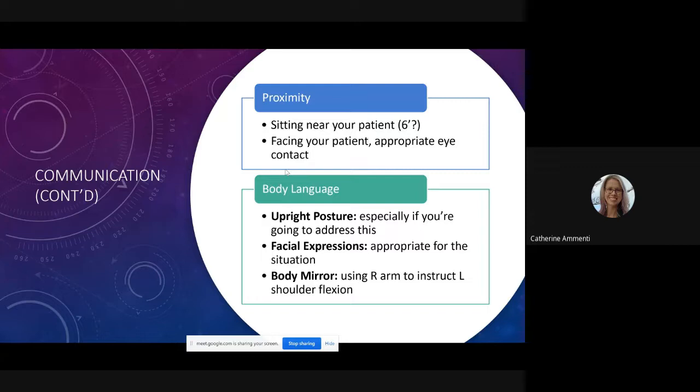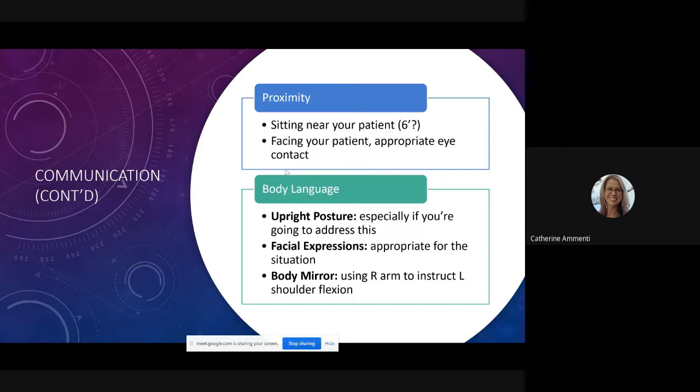It's going to happen, but you have to do your best to put that aside and present yourself still with the facial expression that's appropriate for the situation. So you best not be rolling your eyes. Definitely don't do that. You want to check your internal feelings at the door,